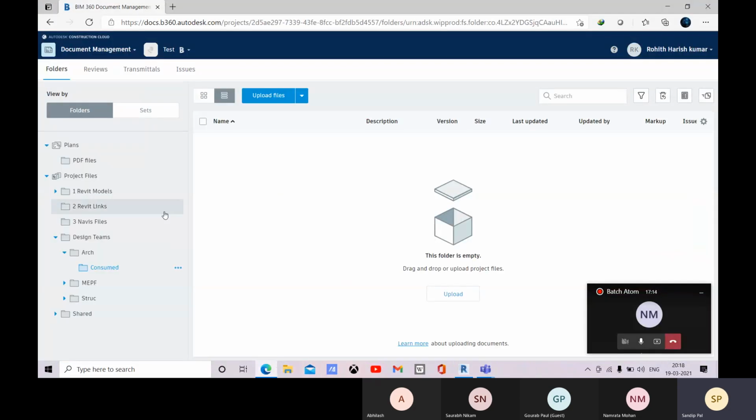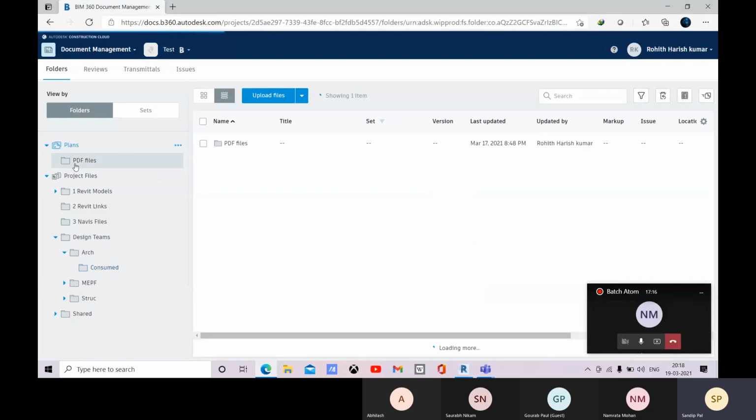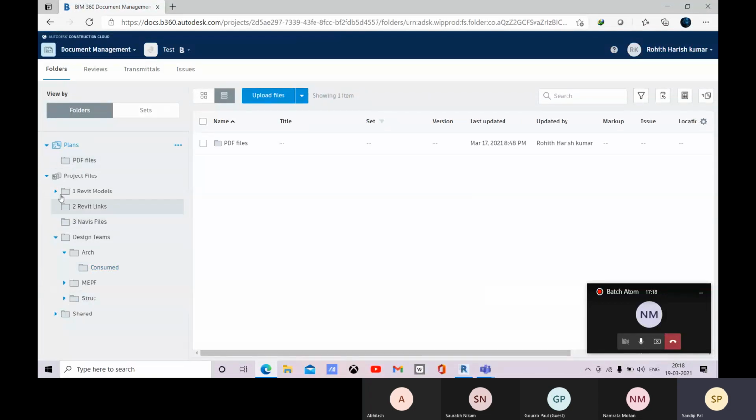So if you come to this one, here also you can create some folders for your model coordination as well. So you know how to create it, so just add some folders there, you can name anything. So your model coordination, I'm naming just so that you guys can easily understand.